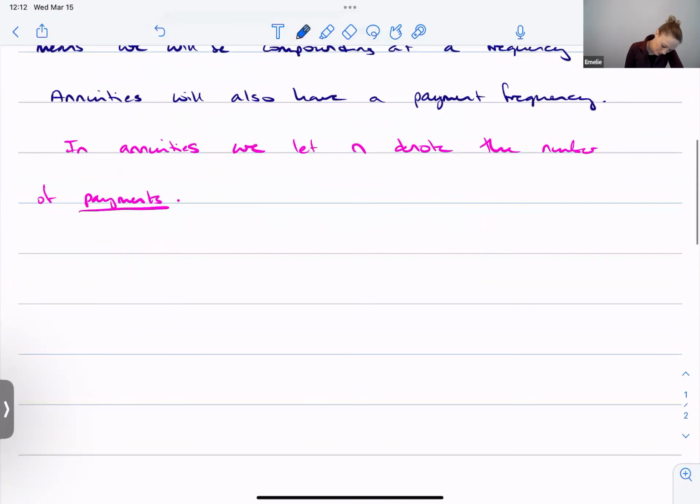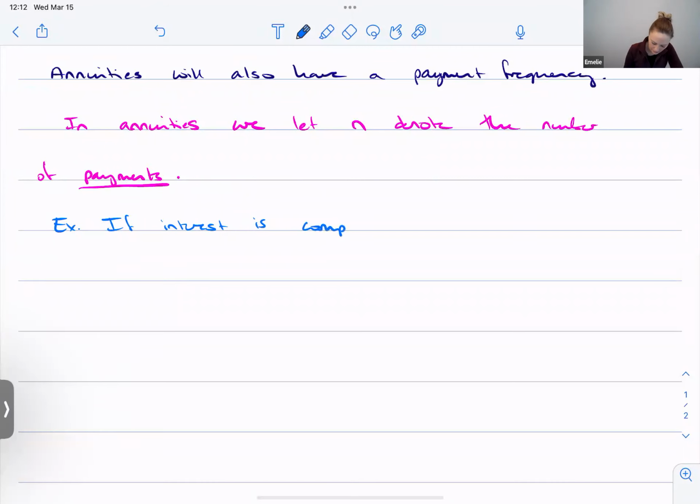So, for example, if interest is compounding weekly, but payments are made monthly,